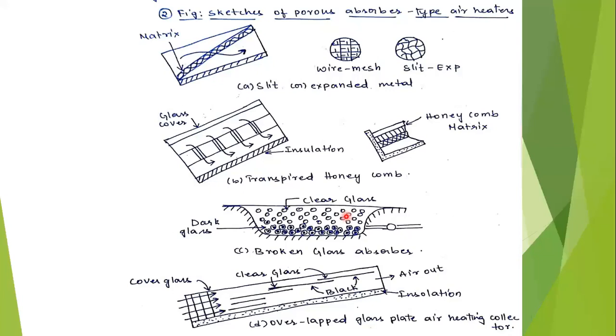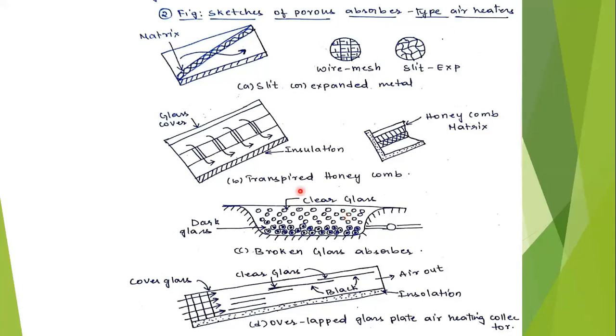Obviously, if you observe the maximum solar radiation coming from the sun, it is a thin layer, usually in the order of a few microns. That means from the sun we are getting 10 micrometers wavelength. The full maximum solar radiation is absorbed, and for giving back it uses only 5 micrometers. But the absorption rate in non-porous absorbers is less than these 5. This is the main drawback of non-porous absorbers.